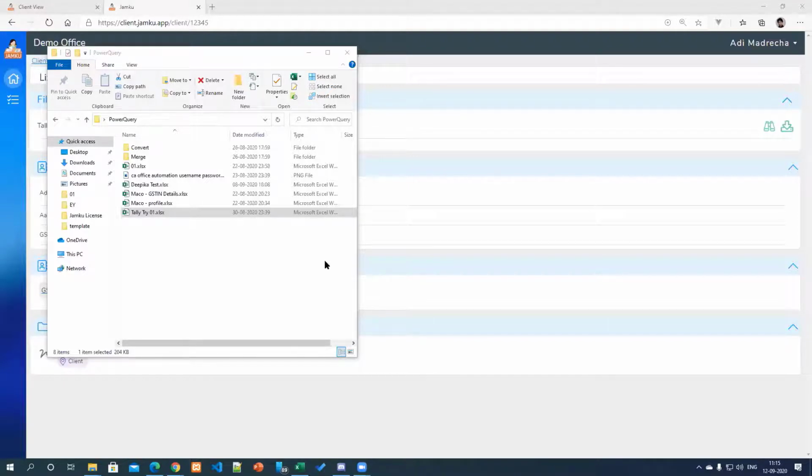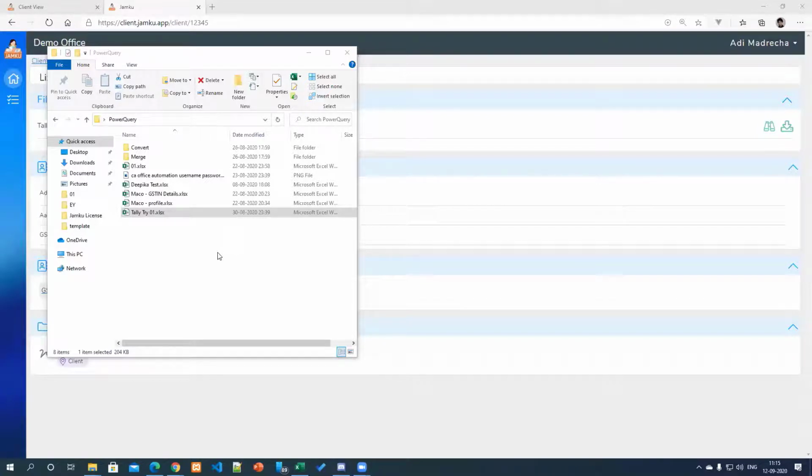Answering next question from Rajesh, can the visibility feature be done in bulk? That's not currently thought of, but we can think about adding a feature where you can just select all the files and make them visible to the client.